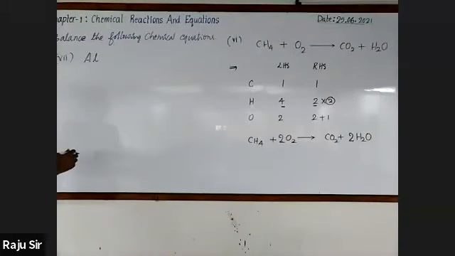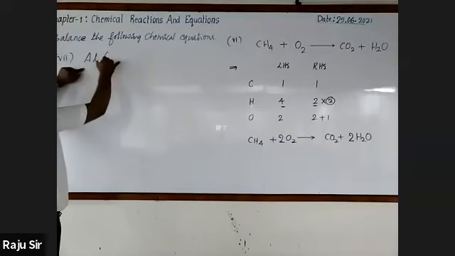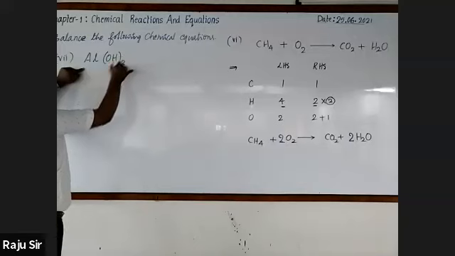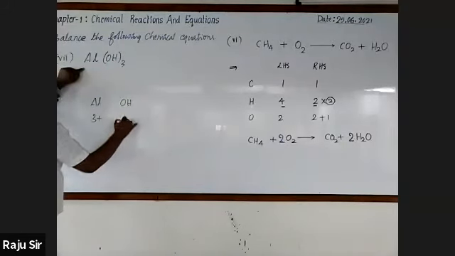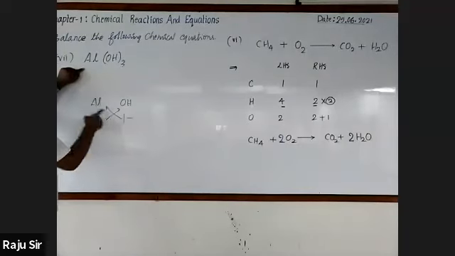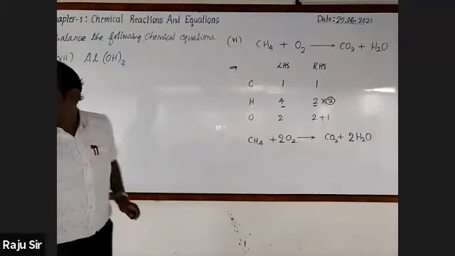You know its molecular formula. It is Al(OH)3. Al3 plus, OH 1 minus. On crossing over charges, it will be Al1 OH thrice. This aluminum hydroxide